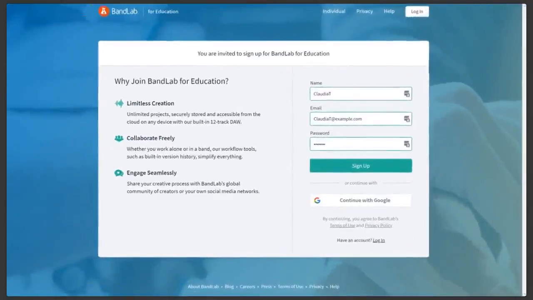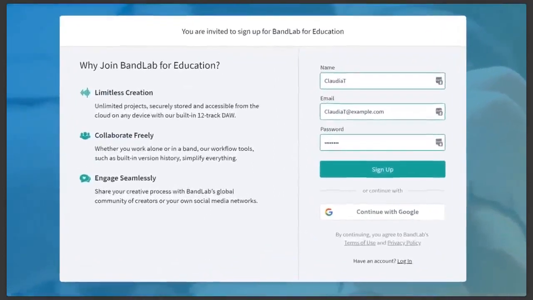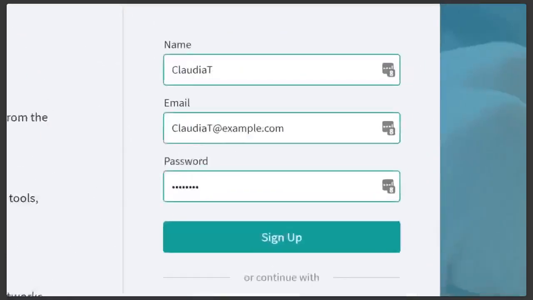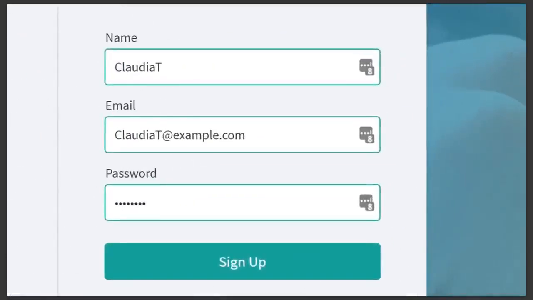If your students have a Google account and they are already logged in, they can simply click the Continue with Google box. That will take them directly to the classroom. If not, they must input their name, email and password. If they have a school email, that can be used. If not, create an imaginary one. For example,